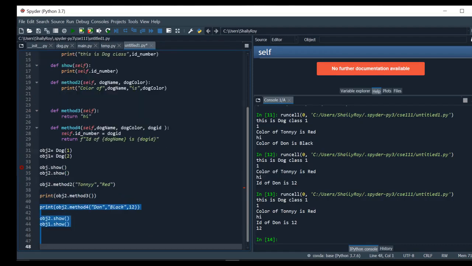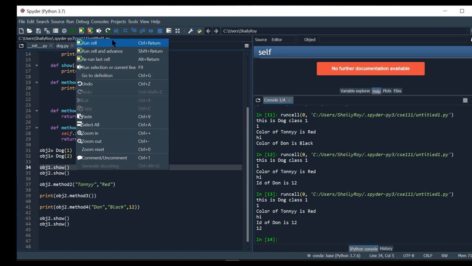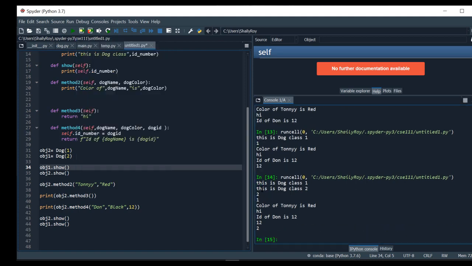Sorry, it should be obj1. So see, this is dog class 1, this is dog class 2. For the dog class 2, it's showing me 2. obj1 dot show, it's showing me 2. And again, after changing the value of object 2, when I am trying to print object 1, it's showing me the same value. That means object 1 and object 2 don't depend on each other. Okay, so